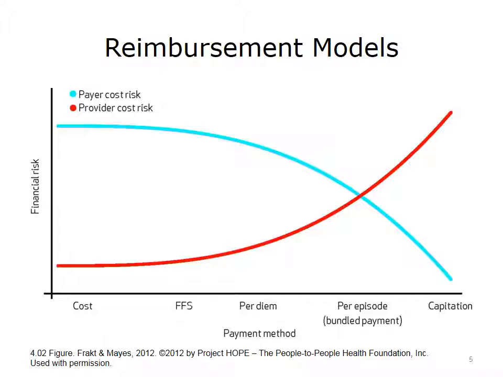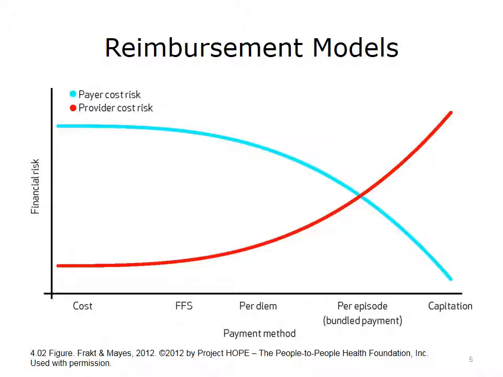The higher you go on the y-axis, the more financial risk one bears. On the x-axis, one moves from a cost reimbursement model to FFS, which includes cost plus some margin, to per diem, in which a hospital is paid a fixed amount of money per patient day in a bed but is paid more if the patient stays more days, to a bundled payment per episode, such as a CABG, a hip replacement, or the birth of a baby, where there is a fixed price for hospital and physician services, to finally,